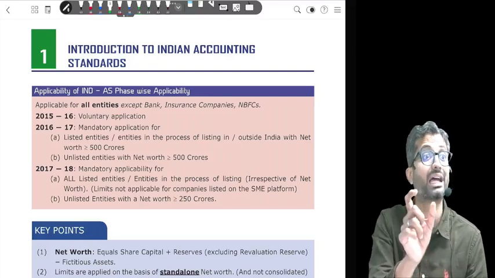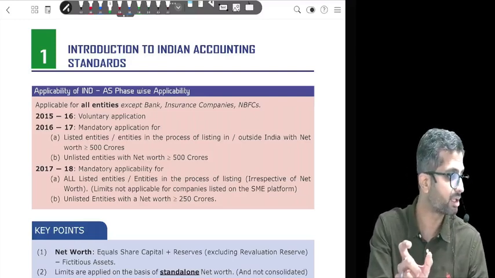Every company has a unique CIN number, PAN number, all of that is